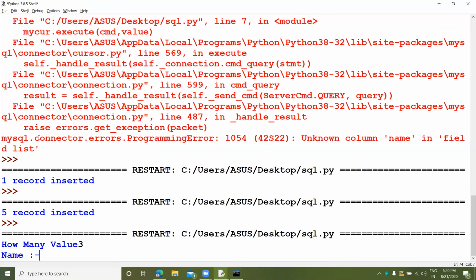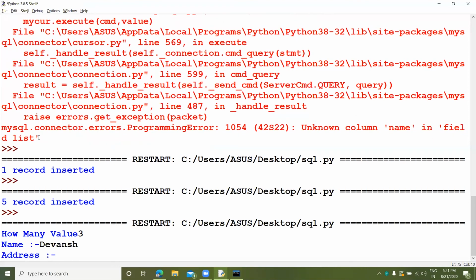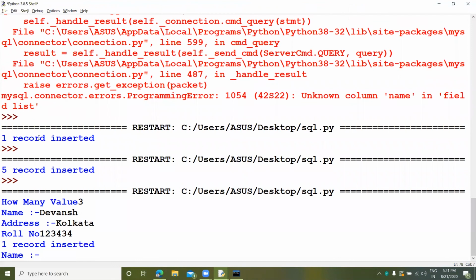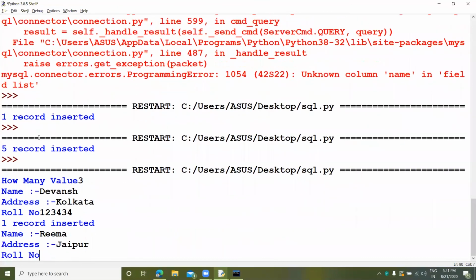So okay, now take the name as Devans. Address is Kolkata. Okay guys, it's a roll number. Suppose it is a roll number. Okay, you can see one record is inserted. Now take Rima, Jaipur.